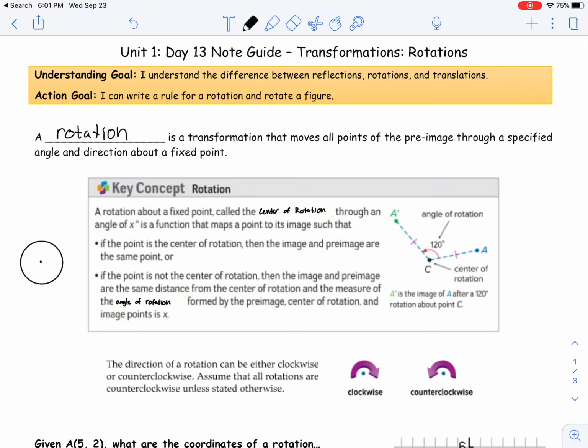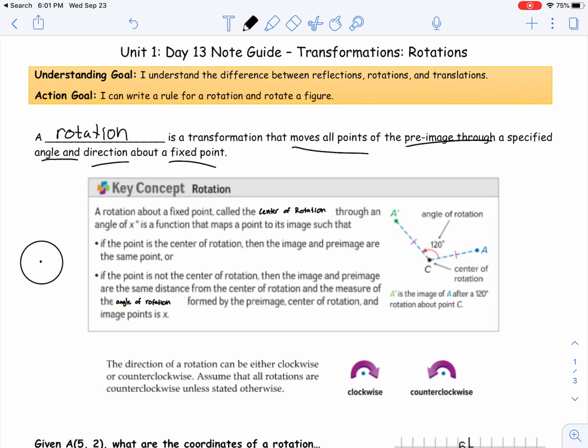Okay, we're going to go through rotations now. So a rotation is just another transformation. It's the third one we've talked about. The previous two were reflections, and then we did translations. A rotation, we've called it a couple different things, but the smallest definition that I can give you is turning something. But a rotation is a transformation that moves all points of the preimage through a specified angle and direction